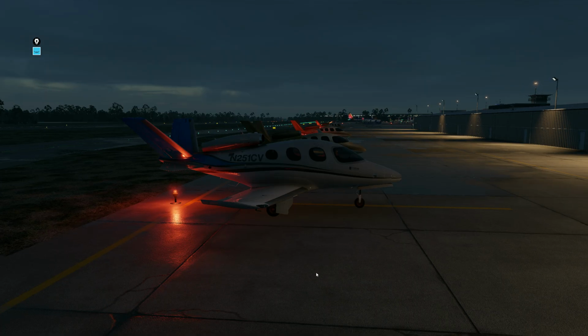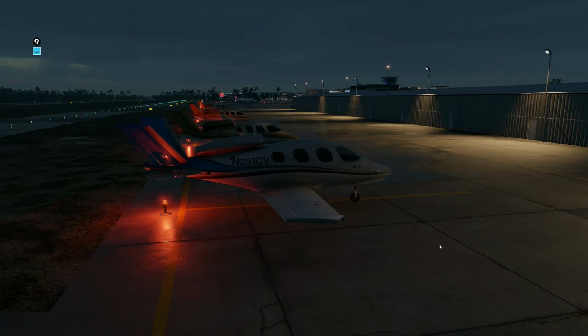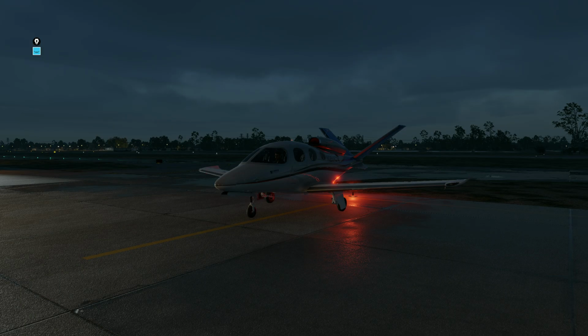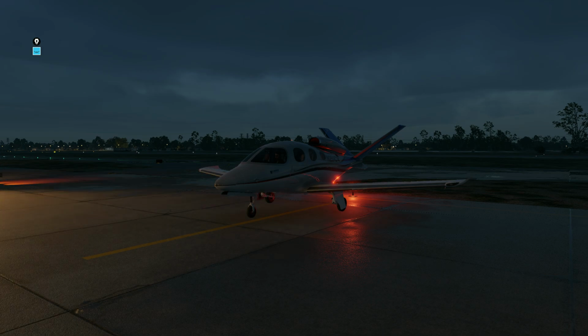Keeping it nice and cool here. Look at how beautiful everything looks this morning. Now, I do notice that the new update they just did slightly changed the clouds. Not too sure if I liked the previous beta that had a certain type of look to the clouds. So I'm not too sure what they're changing exactly. But